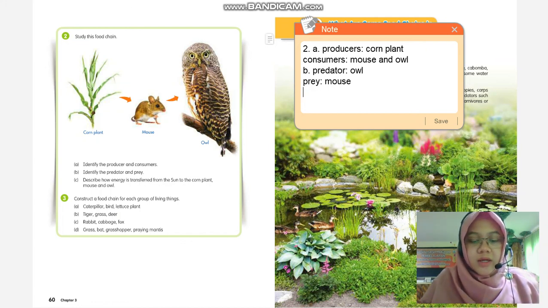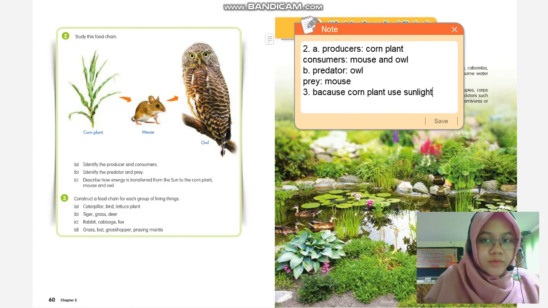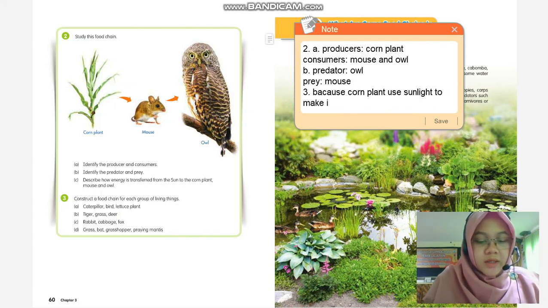Nih, nomor 3. Because corn plant uses sunlight to make its own food, and then to mouse it